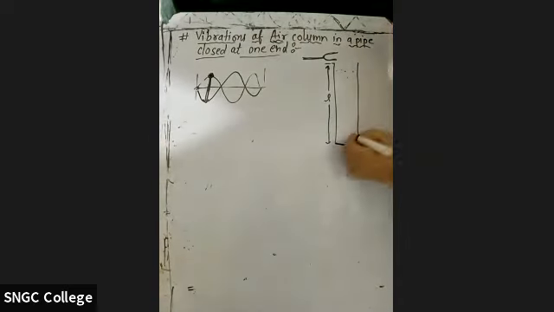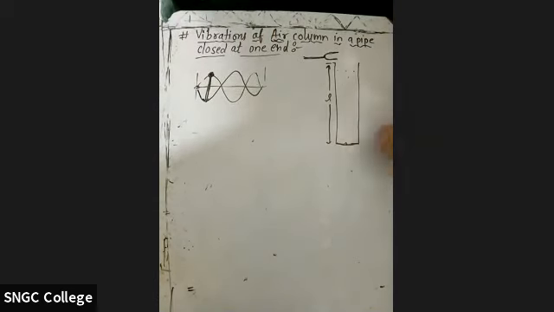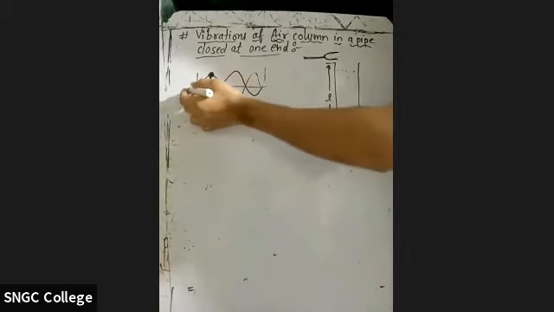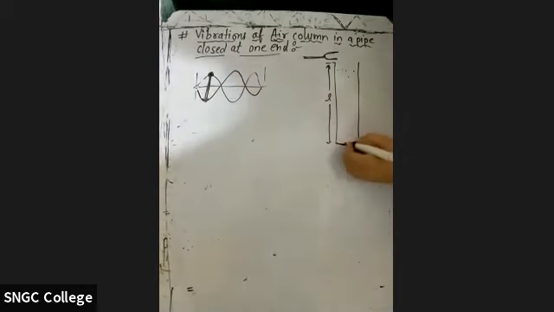Okay, so at the close end, that means here the particles will have very less space for their vibration. That means always this node will be created at the close end,